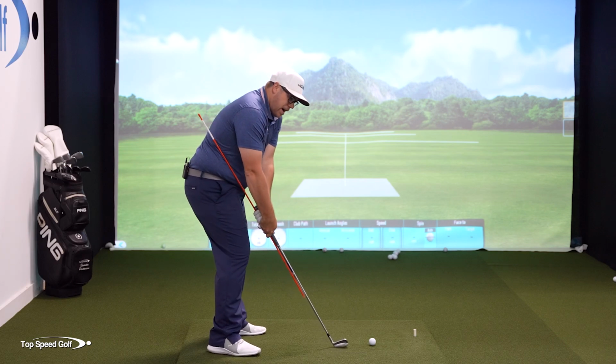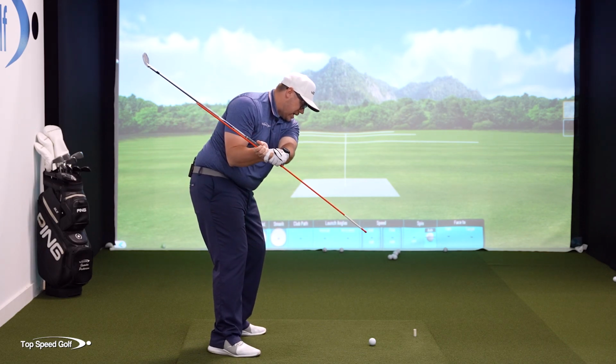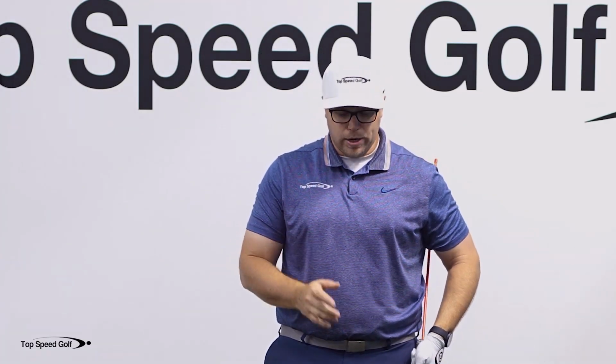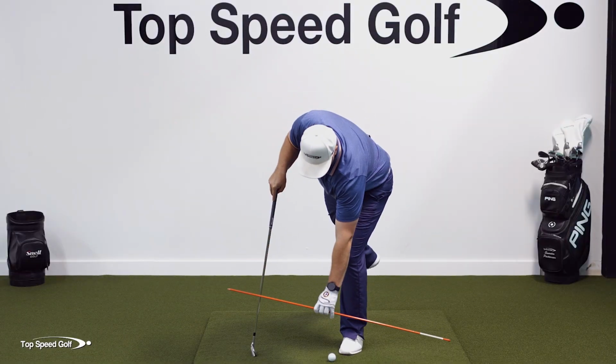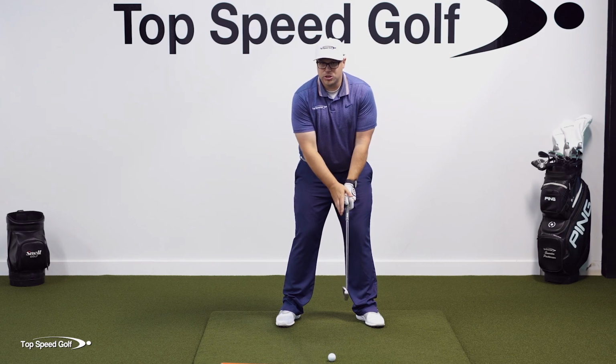So it's going to be behind my body in the backswing, and then it's going to work in front of my body in the downswing. And the reason why this is such a good drill to get the right arm working in the correct way is that a lot of times when people are coming down steep, what they're doing is they're doing the exact